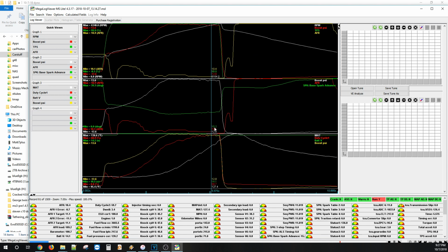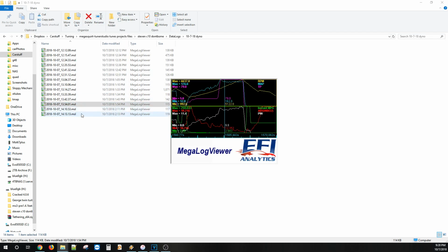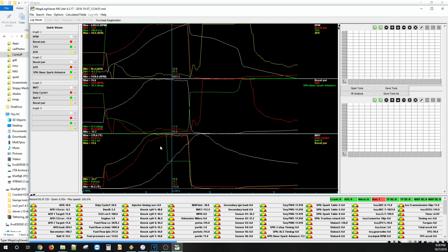Doing great. What do we got in there? 15 degrees, 13 pounds, 15 degrees. And then we'll go to one of the 14, 15 pound hits. I was shooting for an 11.0, nice and safe for straight pump gas on medium boost. And you can see here, what's the average? Maximum 15.6, minimum 14.0, average 15.0, 14.4 degrees of timing, and what are we at? Duty cycle 60% still. Yeah, still 60%. So they were doing great on fuel,